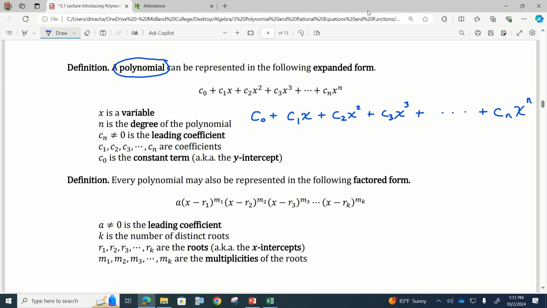N can be any number you want, right? I could say n is 27, and then the last term has x to the 27th power. And the dot dot dot means use your imagination to fill in everything else, right? If I have x to the 27th power, then that means there could be 27 other terms leading up to